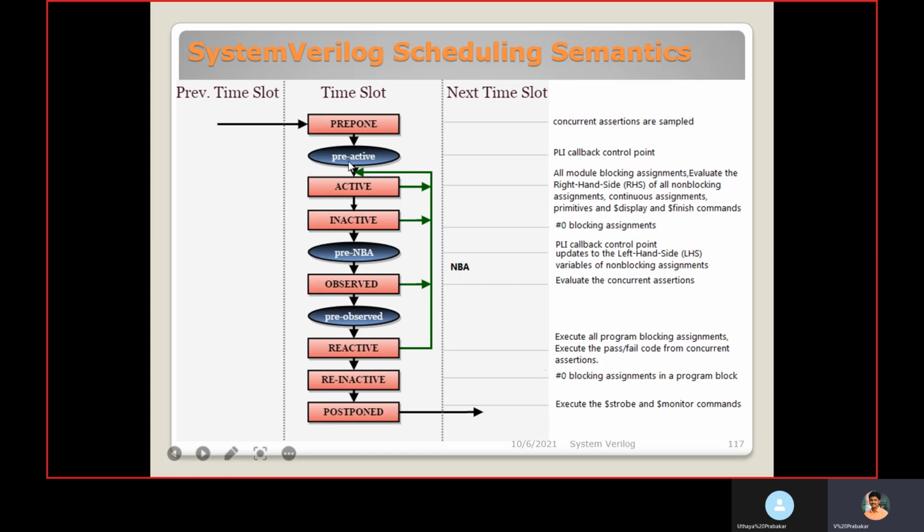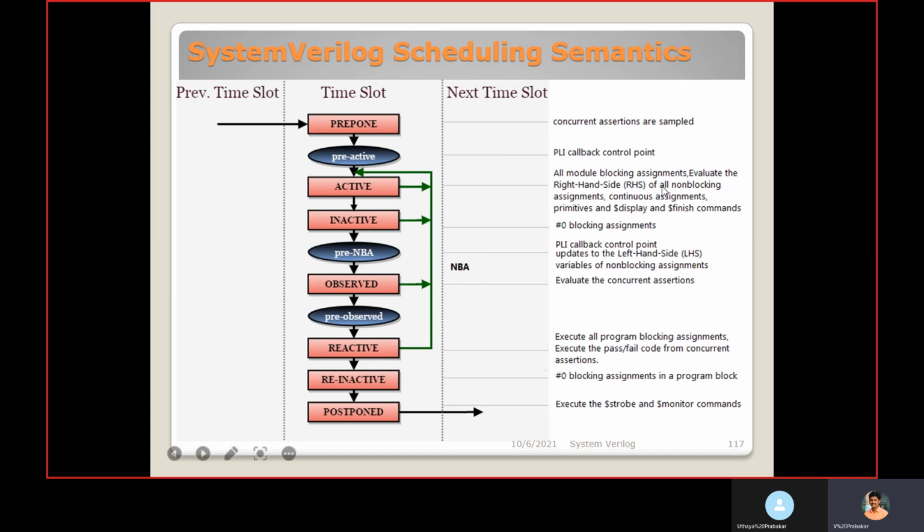In the pre-active region, the PLI pre-callbacks happen, and here in the pre-NBA region, the PLI callbacks are called. In the active region, all the blocking statements happen, and non-blocking statement evaluation happens here.